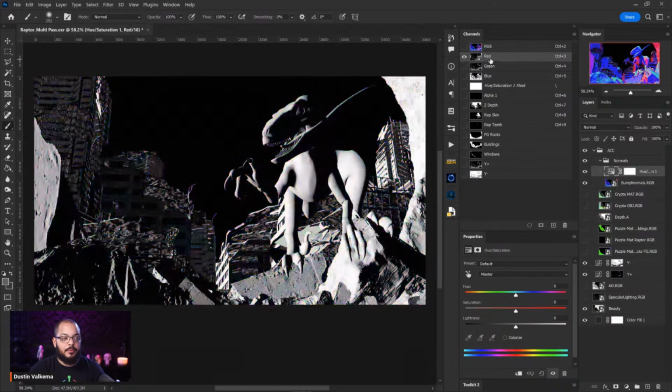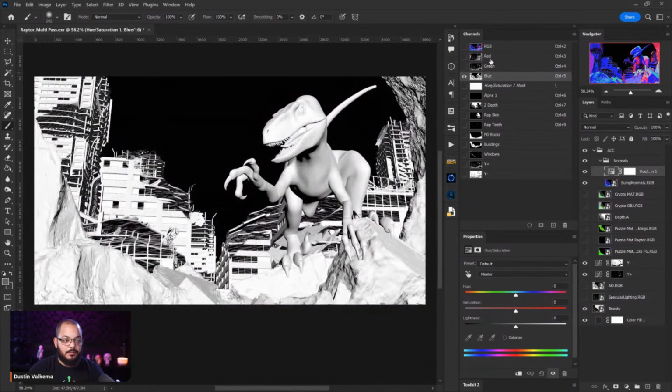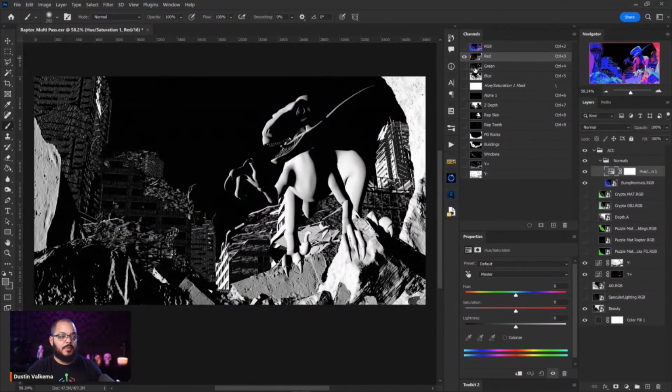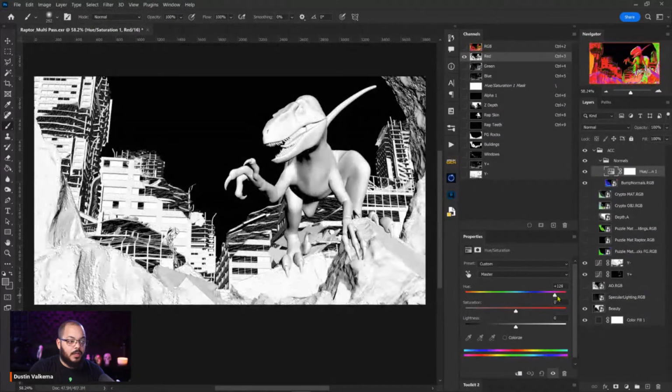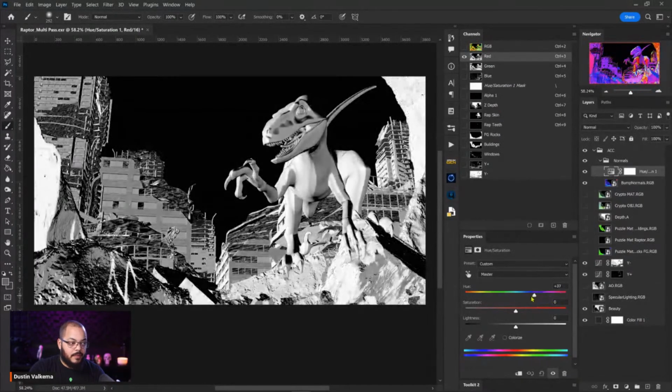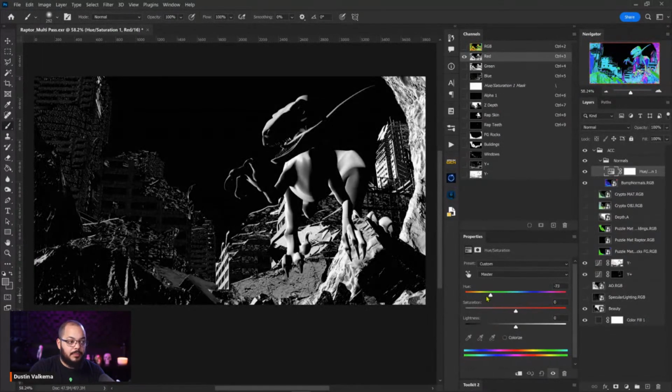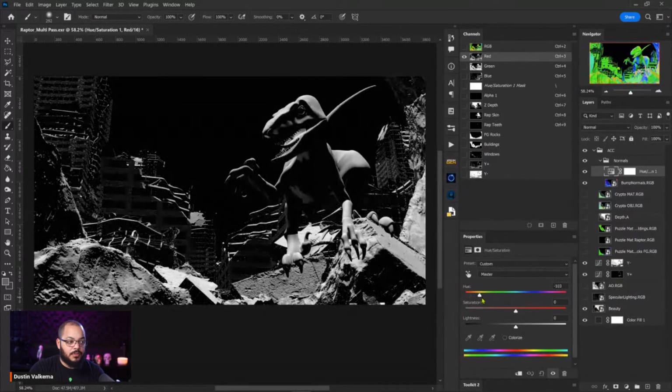And now if we're wanting to use, say, rim lights, we're going to want to choose something like the red. Let's go back up here. There we go. We can use the red, green, or the blue channel. Most of the time I'm using something like red. It will be right on the edges of my subject. But what we have the ability to do is use this hue saturation to truly adjust the hue. And so we'll see here that now we're able to really push and pull these values